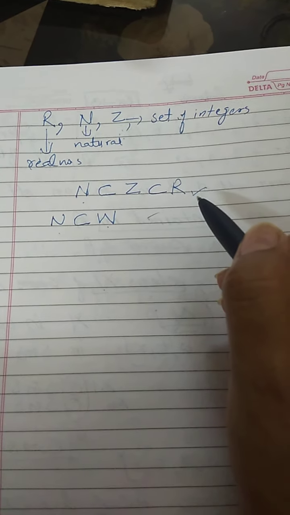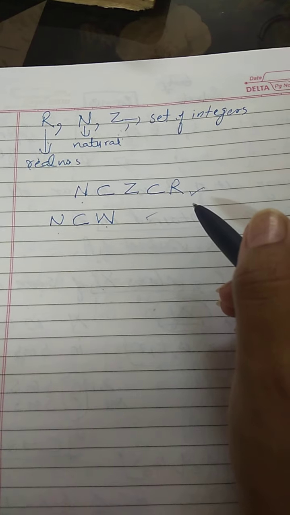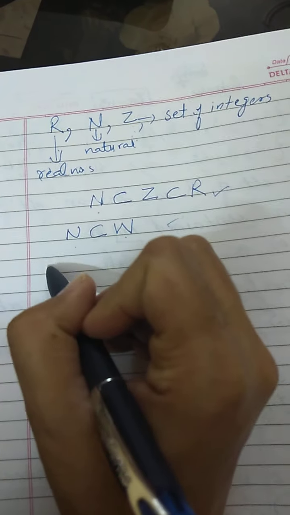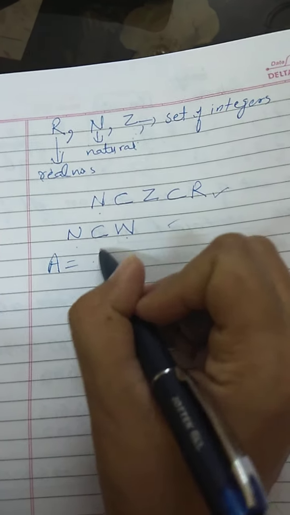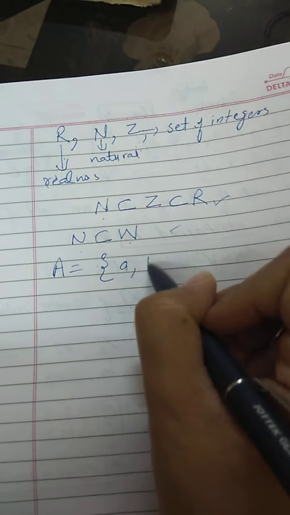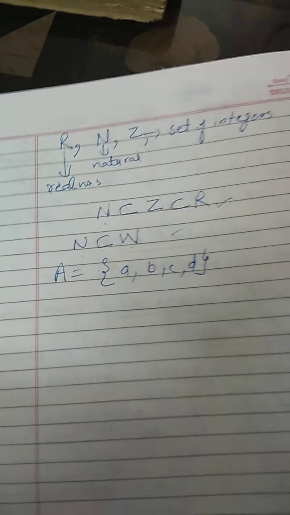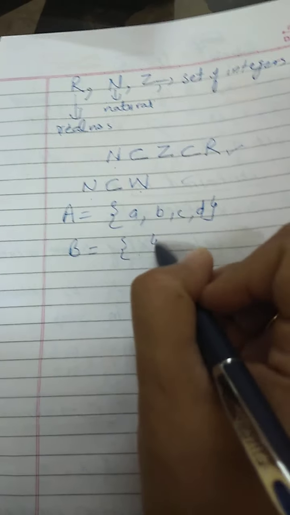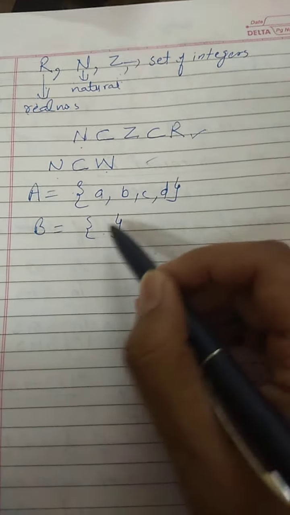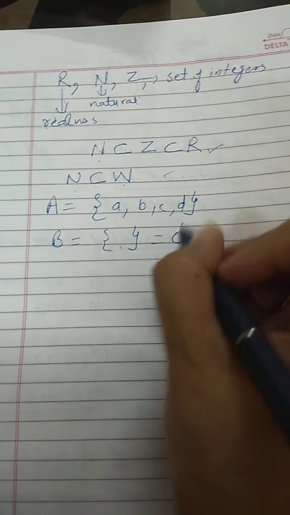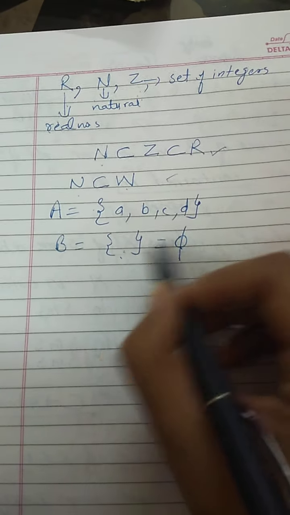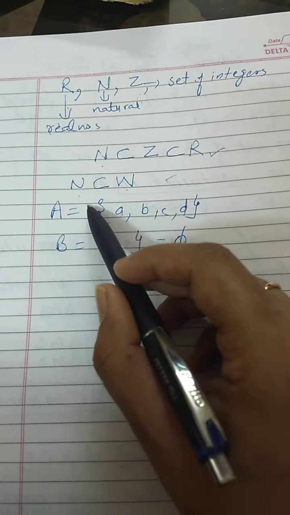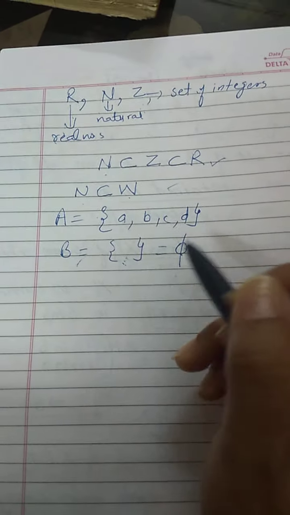So this is all about the concept of subset, right? And remember always, whenever a set is there, for example, let us write down a few values a, b, c and d, okay, and I am writing another set B, and it is this phi. It is the null set, right? I hope you remember phi or null set, both are ways to represent it. Now what will be the relationship between any set and null set?